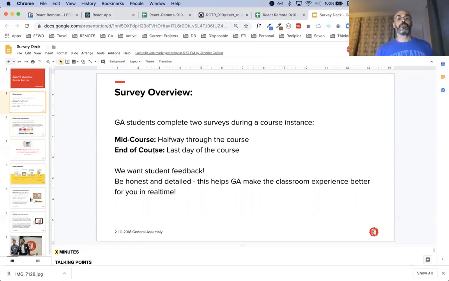We want all your feedback. I already look at the exit ticket feedback religiously. I'm always happy when I get it, always a little sad when people don't leave it, but it's always appreciated, and it helps me prepare and work out the glows and grows so I can give a better class the next time.